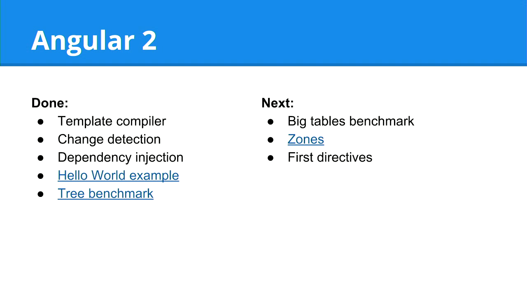We're also driving Angular 2 based on benchmarks because we want it to be significantly faster than Angular 1 and give you some reason to go through the upgrade path. And so we've started with a tree benchmark. We'll move soon to a tables benchmark, but we'll be showing you how this compares to Angular 1.3 and how much faster it could be in Angular 2. The next things we're going to work on, like I said, are more benchmarks. We're going to be working on zones, and if anything you take away from zones, it's that you no longer have to call scope.apply. So we're going to try to make the world nicer in that way. We'll be working on that soon, and then building the first directives in Angular.